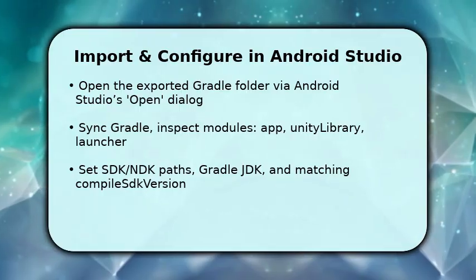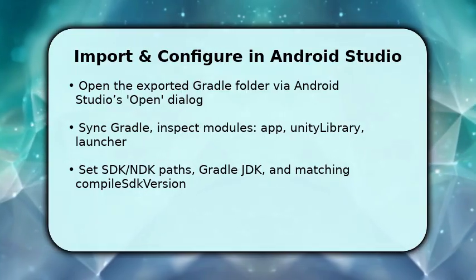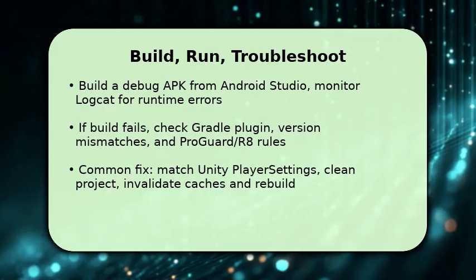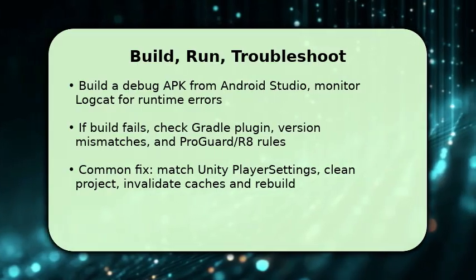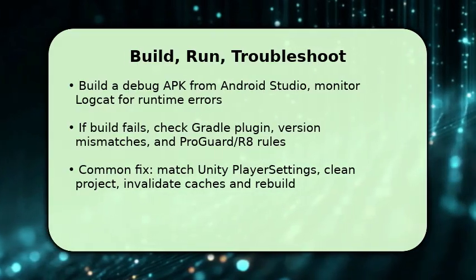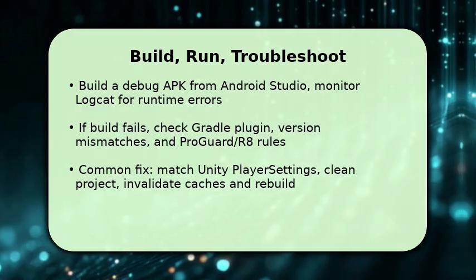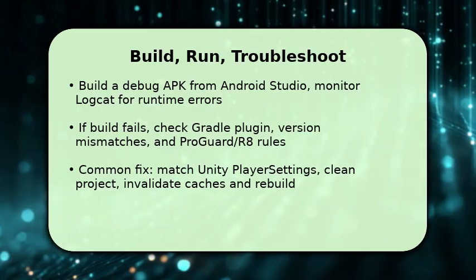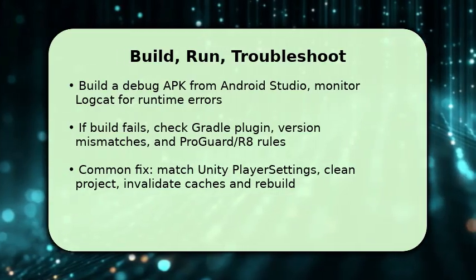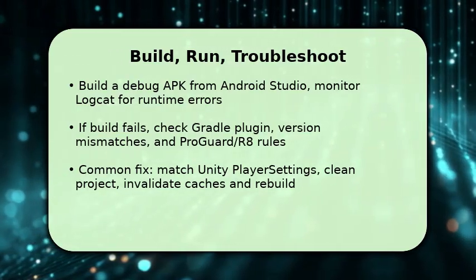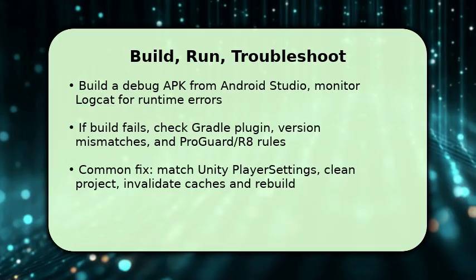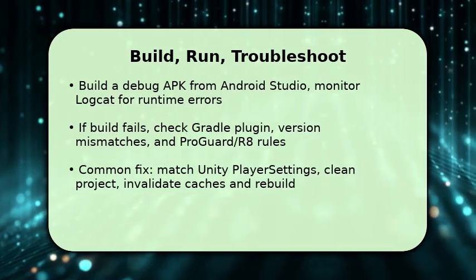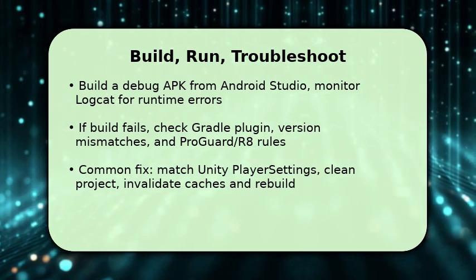You finalize by building the APK in Android Studio and deploying to a device. Use Logcat to watch for runtime crashes and missing symbols. If the build fails, check for mismatched Gradle plugin or Android plugin versions, incorrect SDK/NDK paths, and problematic ProGuard or R8 rules. Adjust them and resync. If runtime crashes occur, ensure native libraries are loaded and ABI settings match. One key troubleshooting tip: clean the project,